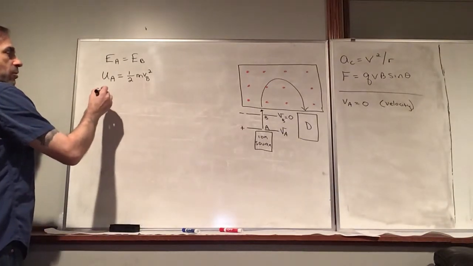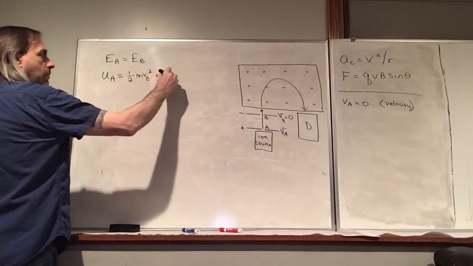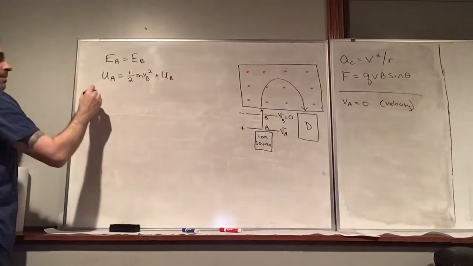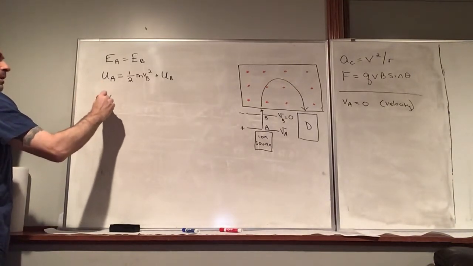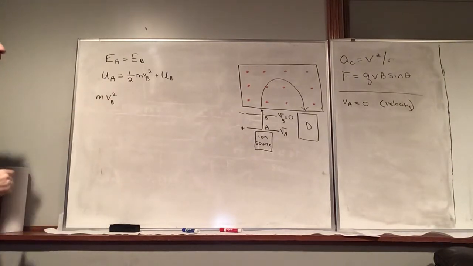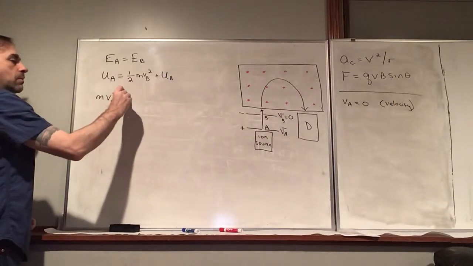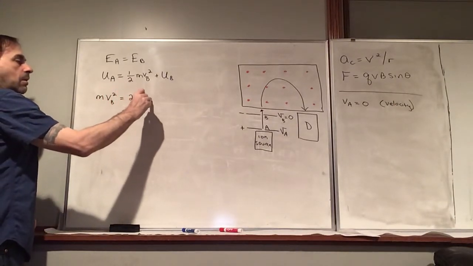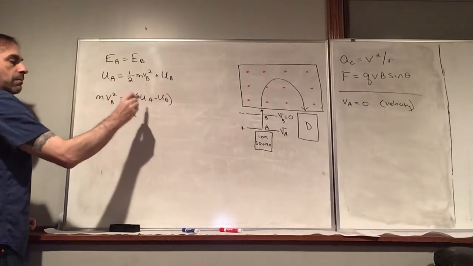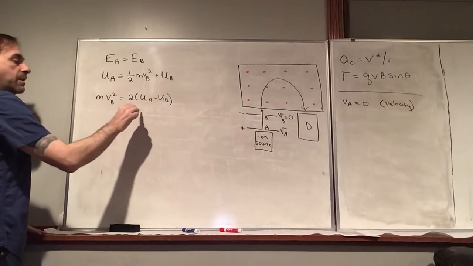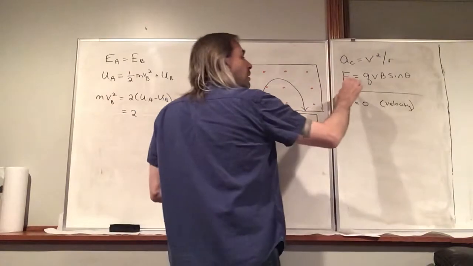Let's just clean this up a little bit. I'm going to write this potential energy at B. We'll get rid of it in a minute. So what I'm going to do is move this term over here. So that'd be the velocity at point B squared. I'm going to multiply everything by 2. And then this is our delta U. So this would be 2 times, remember delta U,